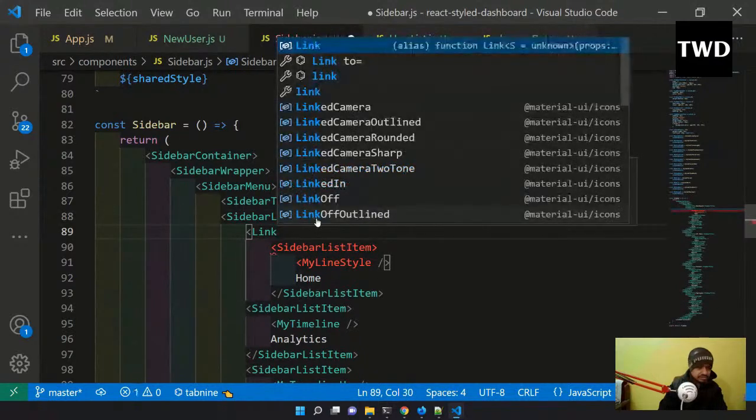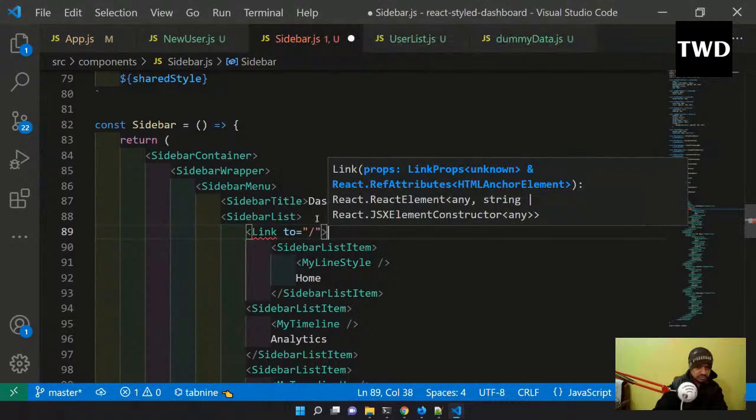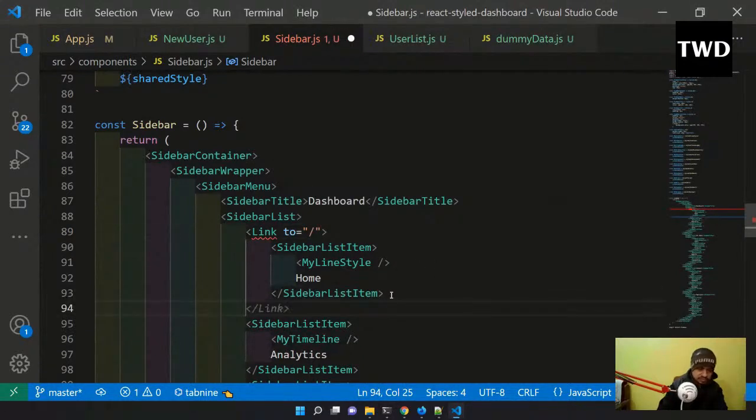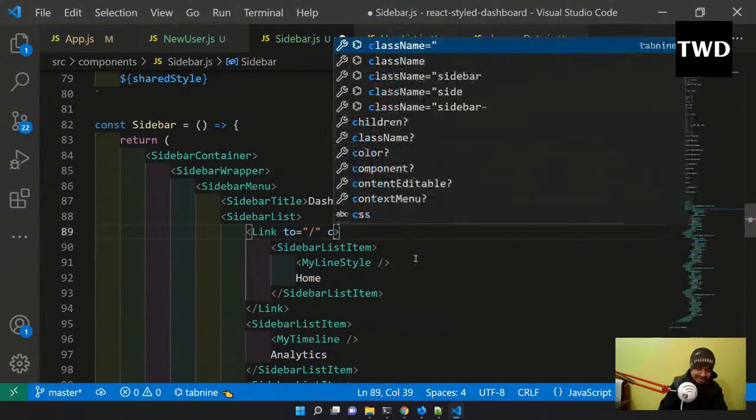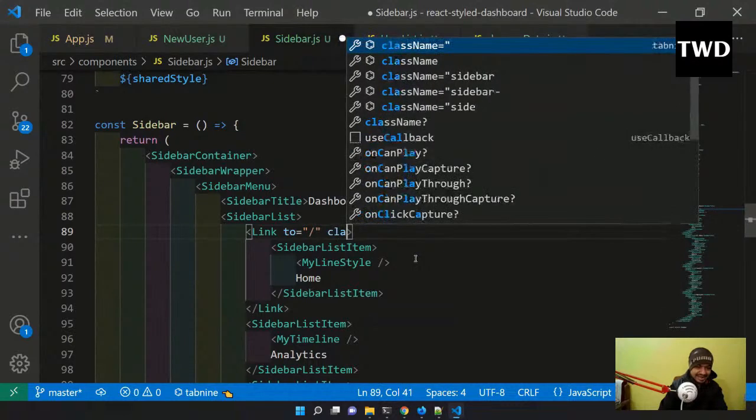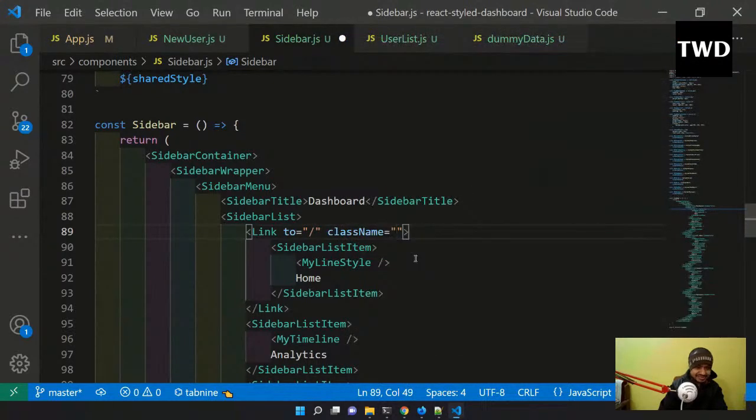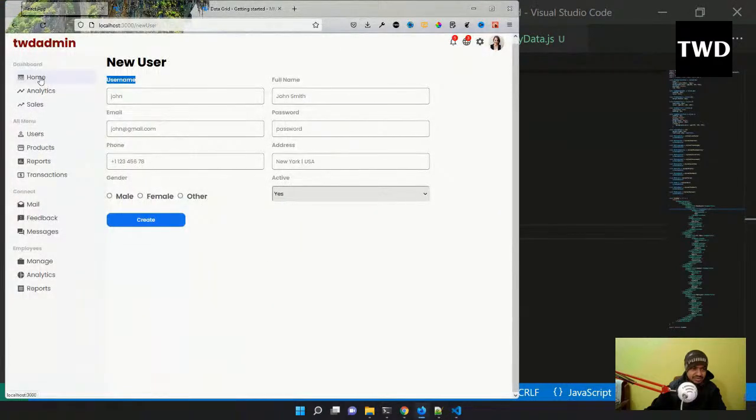Link to link. The class name is link because I have added that in the app.css. What it does is make it not a hyperlink, or else it will be blue in color and all. So class name of link I have done, and then let's say this home is